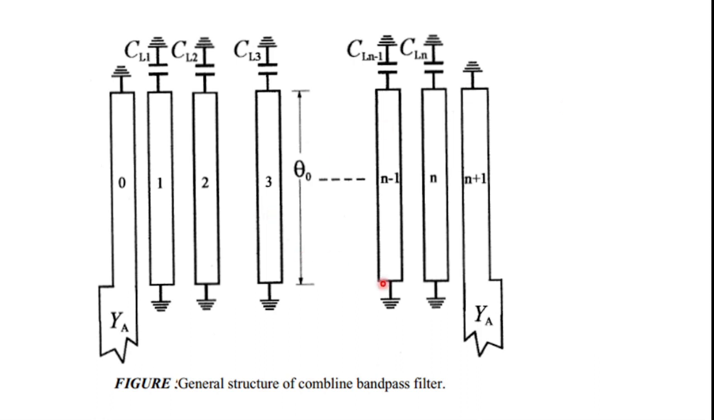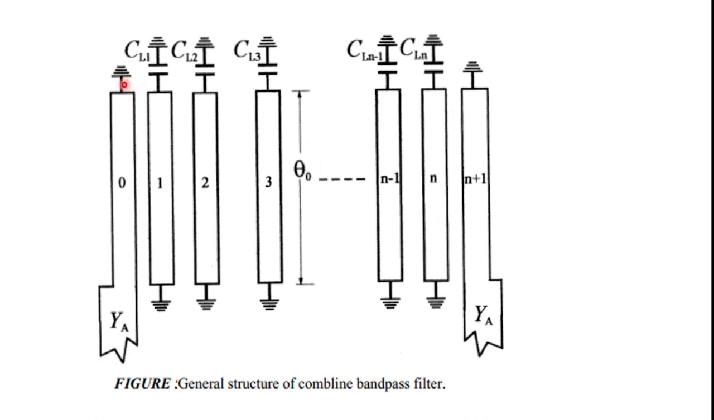In this video, I am going to design a Combline bandpass filter. This is the general configuration of a Combline bandpass filter. The Combline bandpass filter is comprised of an array of coupled resonators. The resonators consist of line elements 1 to n, 0 to n plus 1, which are short circuited at one end,